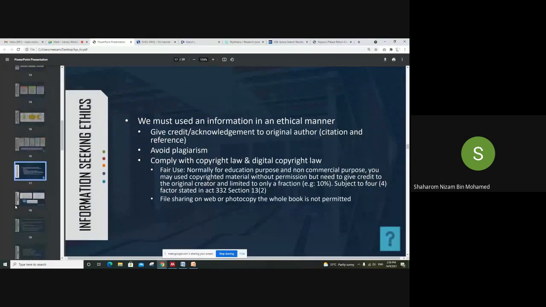Okay, let's move on to information-seeking ethics. Of course, if you use others' findings, information, or articles from other authors, you need to use them in an ethical manner. Rule of thumb, you need to give credit or acknowledgement to the original author by doing citation and reference. For example, in your FYP, let's say you are required to use a minimum of 20